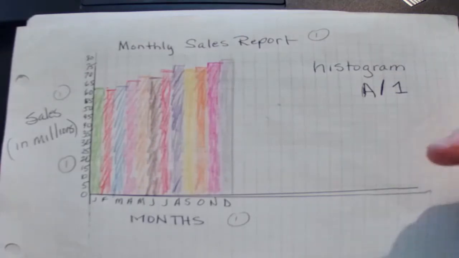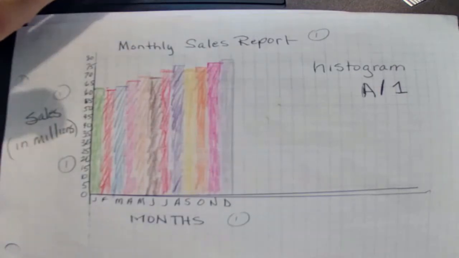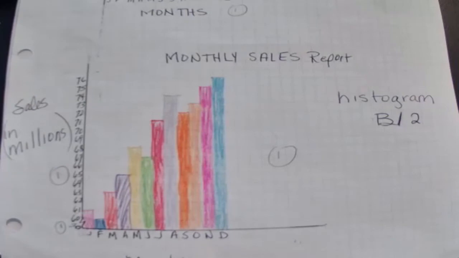So the next one I'm going to show you is the one where you start at 60 and go up by 1s. If you need to pause it so you can see what this looks like, feel free. The second one they wanted us to make was the one that starts at 0, then skips to 60 and goes up by 1s. You notice this little zigzag that almost looks like a lightning bolt. That's the symbol you use if you're going to skip to a number. So we skipped to 60, that's why we had that symbol.